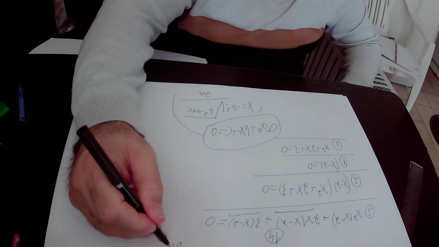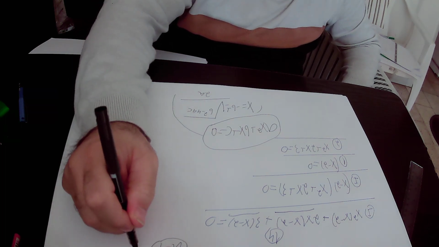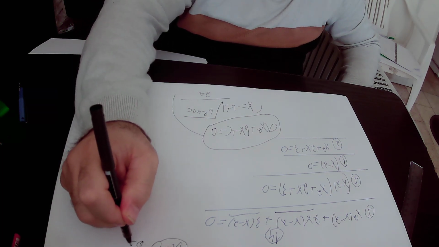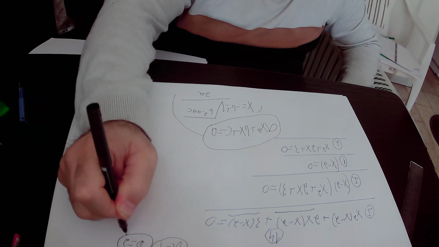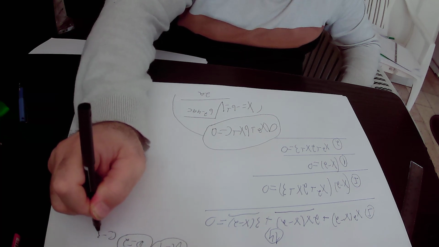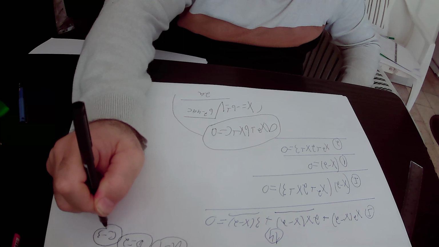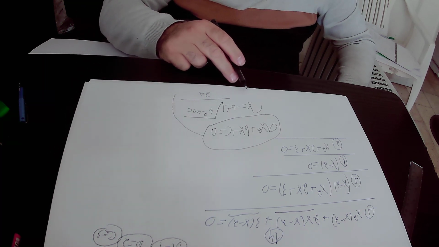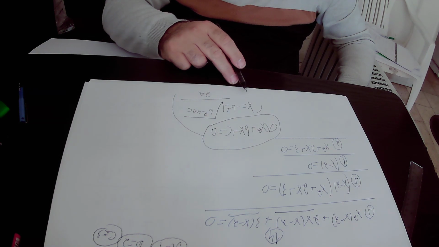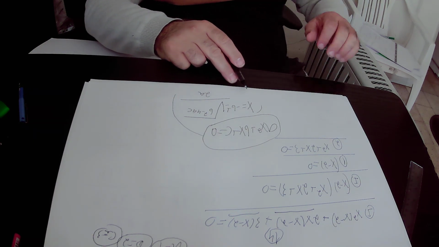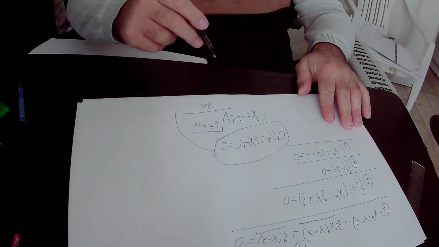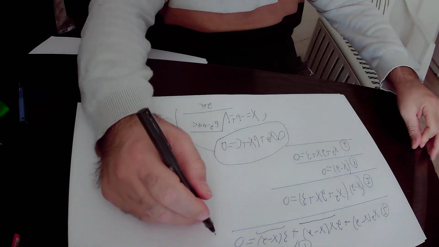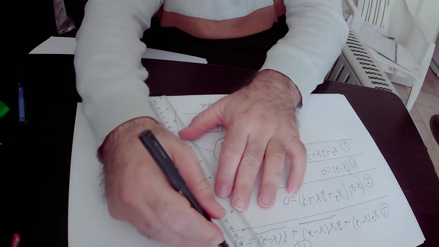a equals 1, b equals 2, and c equals 3. So we will put the data inside this equation for x in order to find out the value of x. Okay, so here x will be equal to